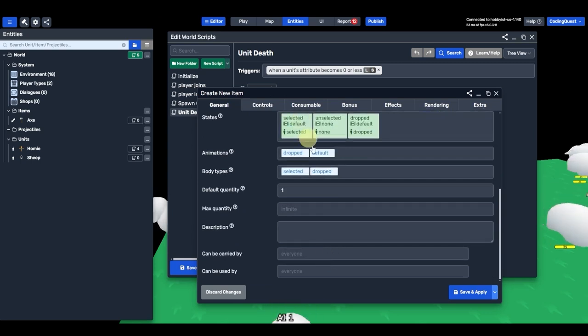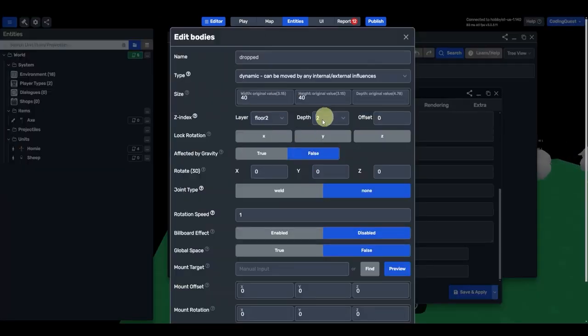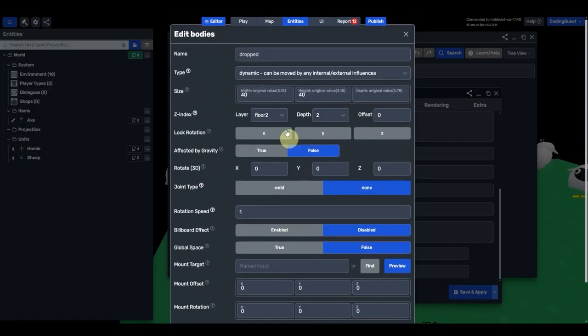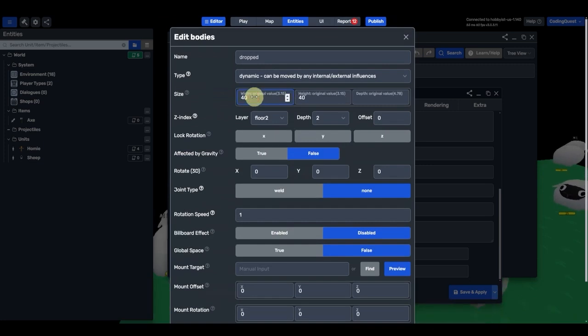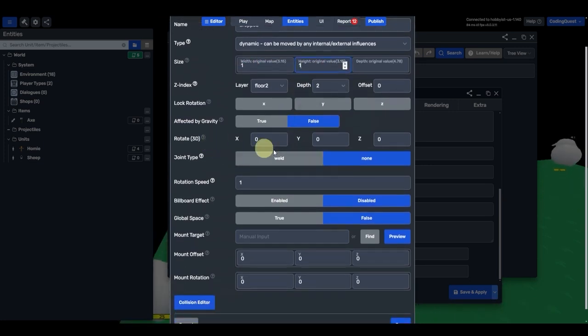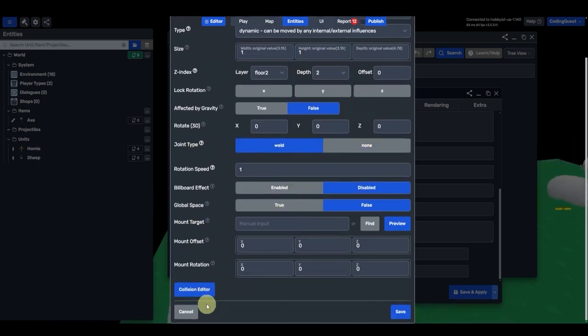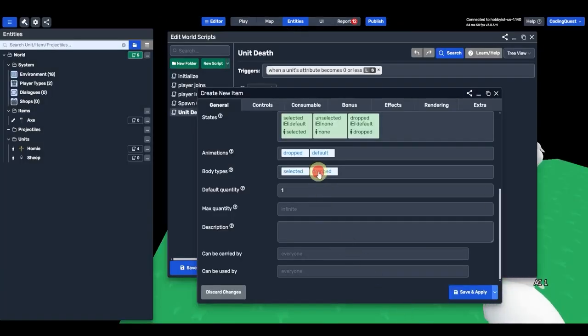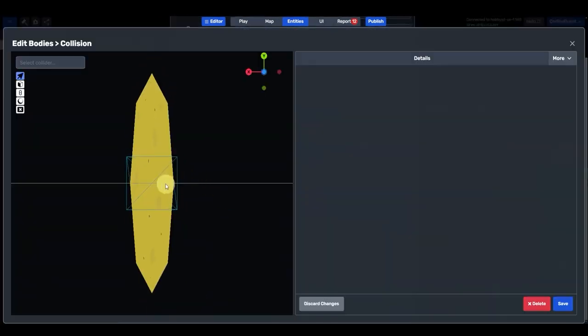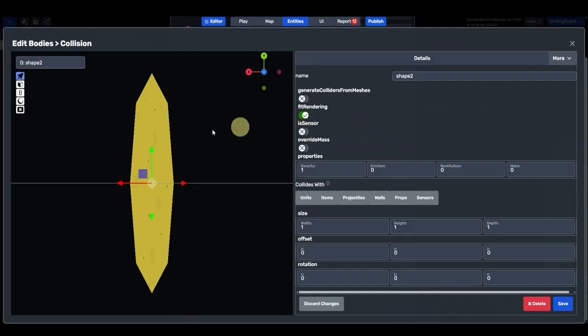And okay, for the body types, we're going to need to change some things. So obviously, this is not right. So let's change this to maybe like 1 for now, and we'll try that and see what it gives us. For the joint type, we'll keep that on weld. The Z index, we'll keep it on 2. And the rest, we will save first and then go back to here, go to collision editor, select this, fit